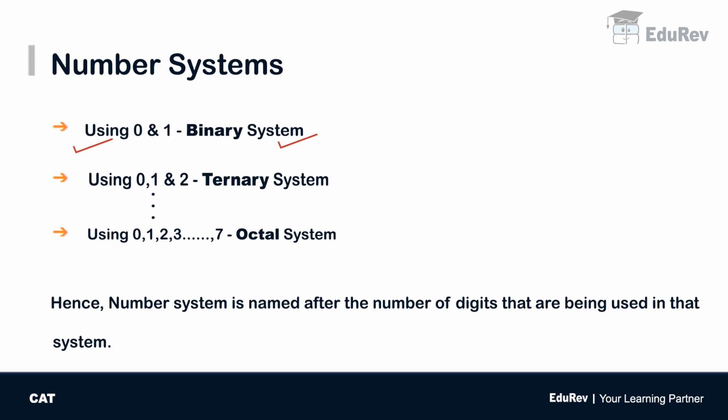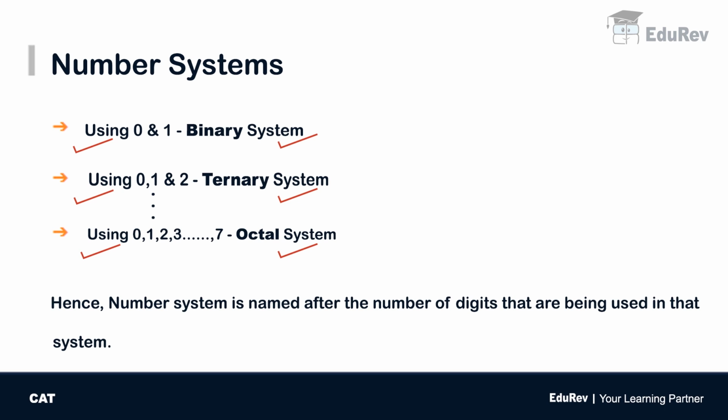If you know, computers only understand the language of zeros and ones, which means they follow the binary number system. But suppose I tell you I want to use 3 digits, let's say 0, 1 and 2. Correct? So this is called a ternary system. When I say I'm using these 3 digits 0, 1 and 2, I cannot define any other symbol apart from 0, 1 and 2. So that means 3, 4, 5, 6 are not defined in this system because it is only confined to 0, 1 and 2. Similarly, if I tell you I want to use 8 digits, that is 0, 1, 2, 3 up till 7, 0 to 7, 8 digits, it is called an octal system. So depending upon the number of digits you use, you can define your number system.